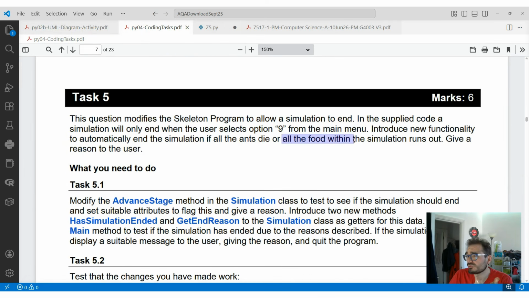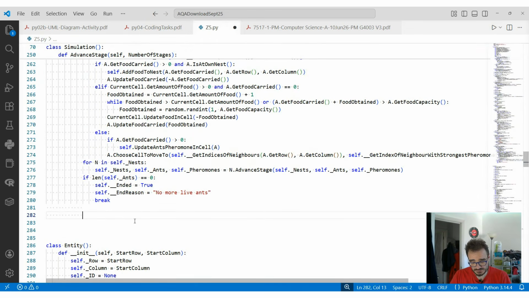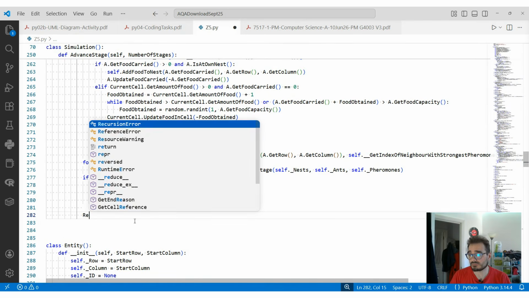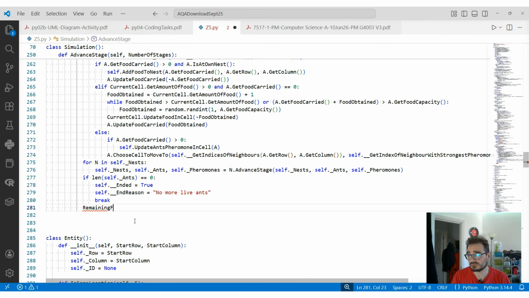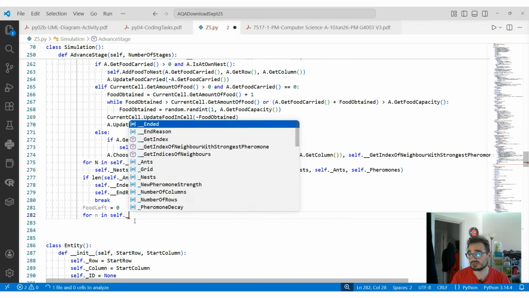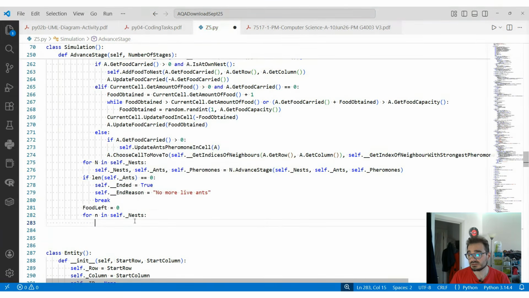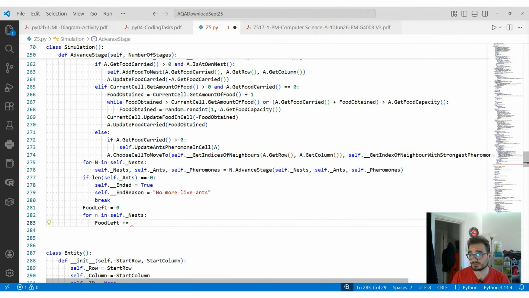All the food within the simulation runs out means that I should include the nest one, just kind of for clarity. So let's say remaining food, or food left. That's probably a shorter one. Food left starts with 0, and then for n in self nest, right? Food left increment with n dot get